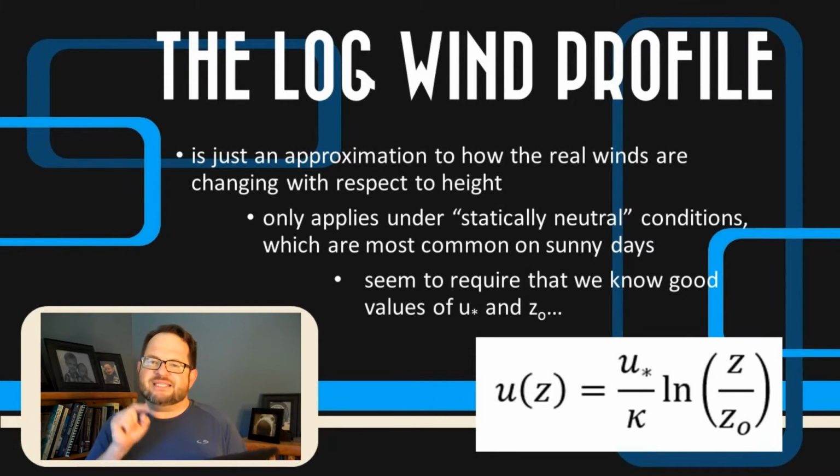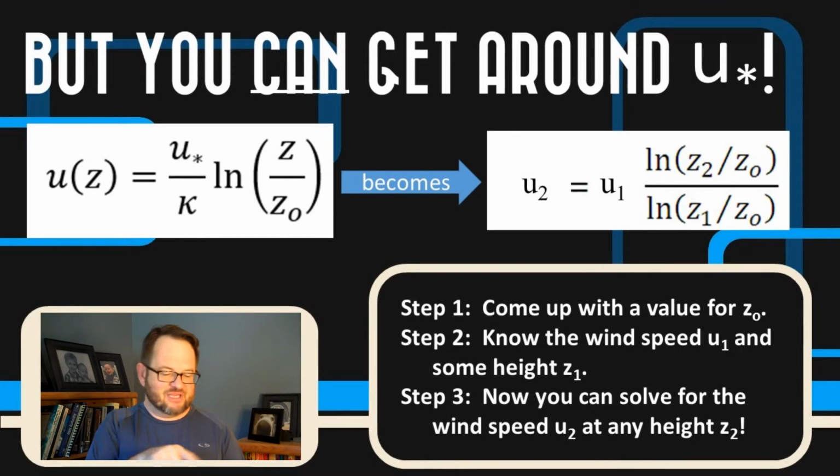But it seems like, oh crud, we have to use it depends on things we don't really know. But actually it turns out there's a way to get around that U star problem. We can actually make some changes here. We can take this equation that is the log wind profile over there on the left, and there's a way to do a very simple little derivation and get it rearranged to the form over there on the right. You're going to do that derivation in the homework,